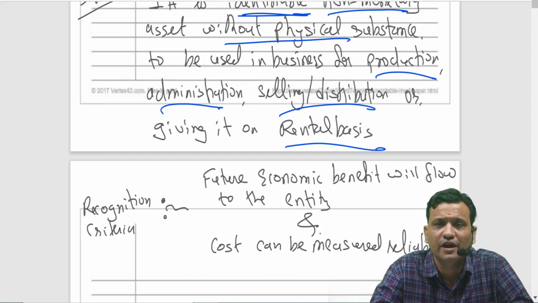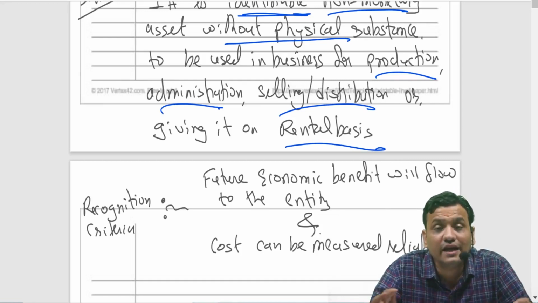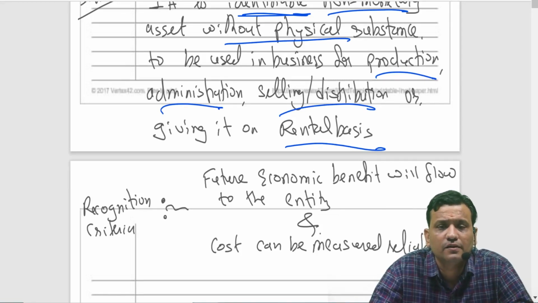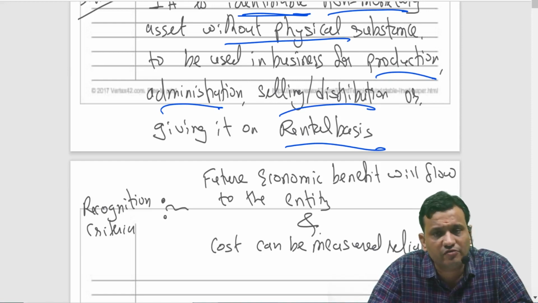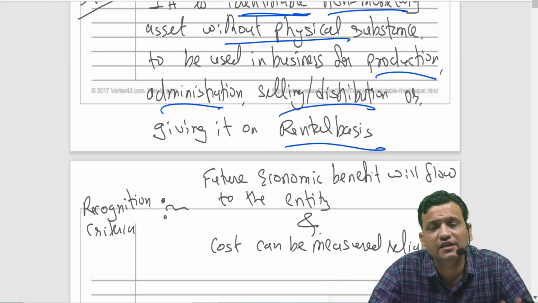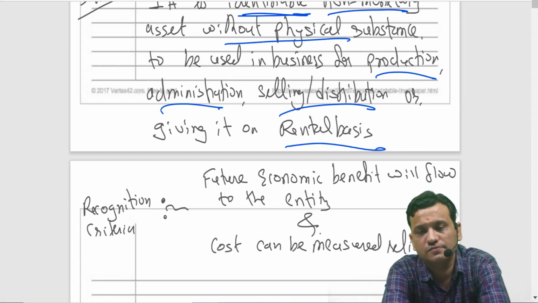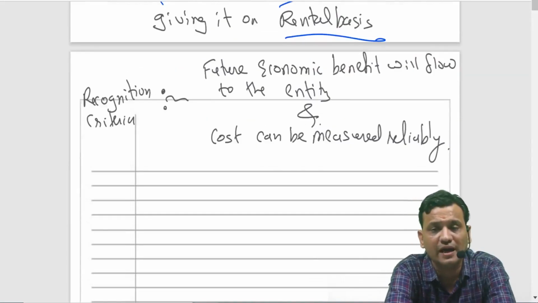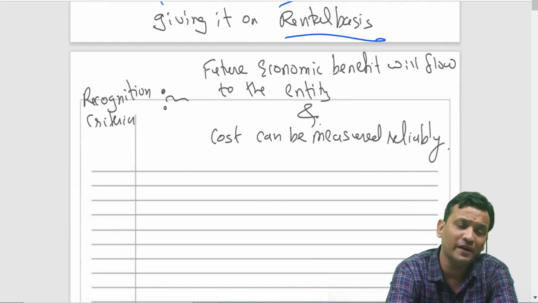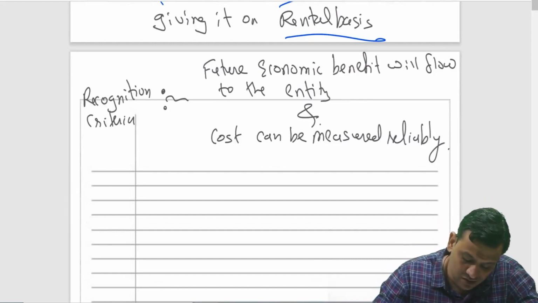Now, this benefit can be in the form of increase in production, reduction in cost, increase in sales, and whatsoever. But there will be some future economic benefit. Future economic benefit will flow to the entity and cost can be measured reliably. If these two conditions are fulfilled, then and only then we recognize an intangible asset. Now, how to find out cost? When I say cost can be measured reliably, my dear students, a query will be there: sir, how to find out cost? So, understand friends, cost